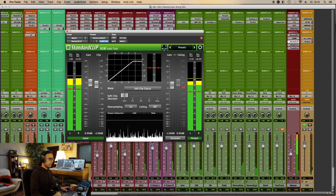Okay, it does two things. First of all, what I did is I used it to pull the gain down a little bit before it's going into the next plugin. That's why when I disengage it, it's getting a little bit crunchy, because the next plugin is hit a little bit too hard. But why I use it in the first place is I like to set it so that